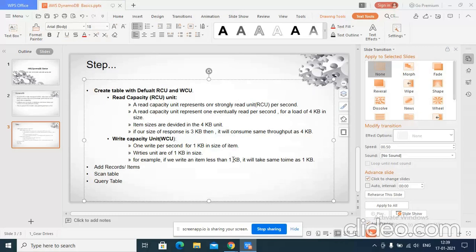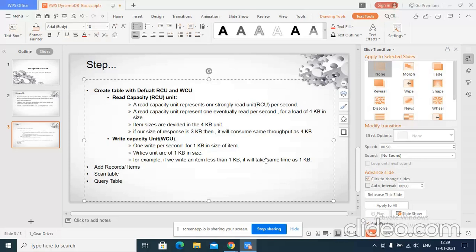If the data you are going to put is less than 1 KB, it takes the same time as 1 KB, because it's a separate unit. Whether the unit is completely occupied or some bytes are left, it doesn't matter.